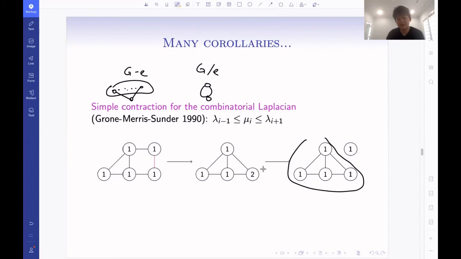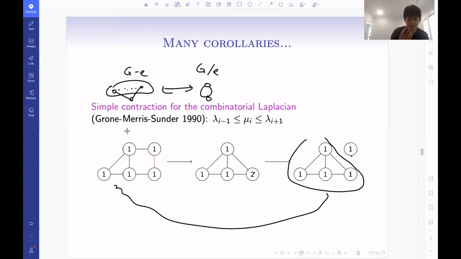And then you sort of uncontract this edge using this relation here. So this 2 splits into this, and you can show that the eigenvalues of this disjoint union are actually just the union of the eigenvalues of this graph and this graph. So you end up getting a relation between the eigenvalues of this graph and this graph as you want it here. And of course, you can now just generalize this to something beyond what Grone, Merris and Sunder had, just by